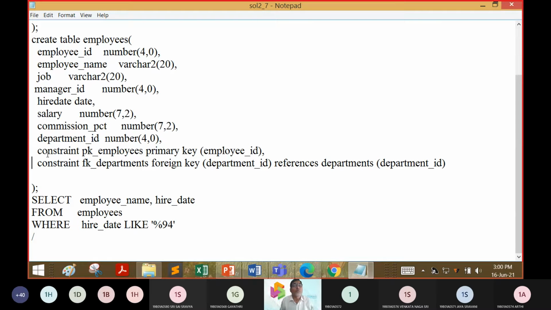So employee name, hire date doesn't have an underscore here, so we removed it. Hire underscore date is not there. Okay, then we will put it as 82.